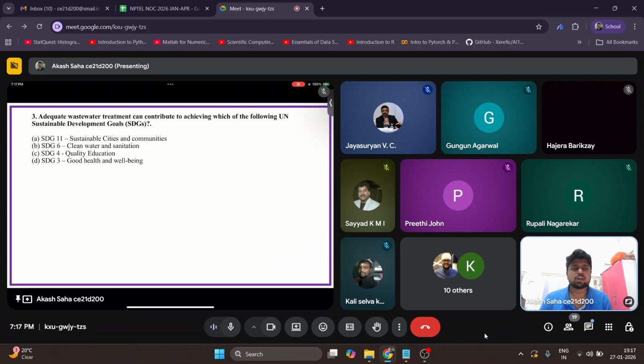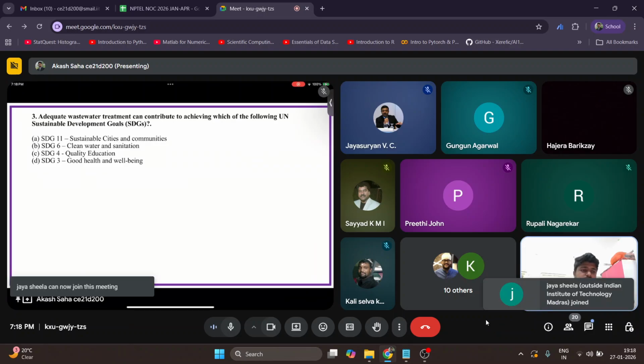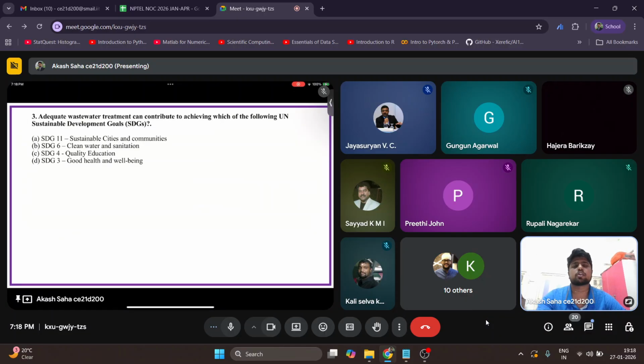So obviously, if we want to make the city sustainable, then the water conservation and the use should be managed properly. So a lot of wastewater is generated. Okay, so if we can reuse it by treatment in different industries or agricultural or even for domestic purpose, then it will be more sustainable for the environment. So definitely SDG 11 will be a contributing factor. Then what about SDG 6, as it directly says, clean water and sanitation.